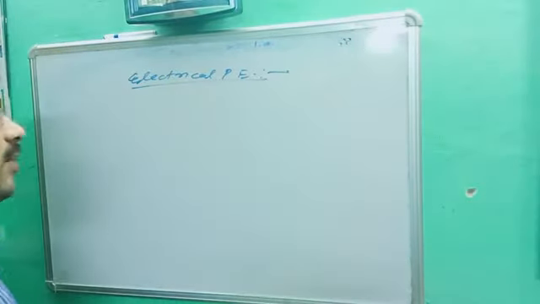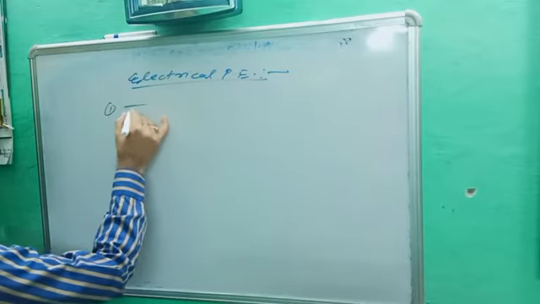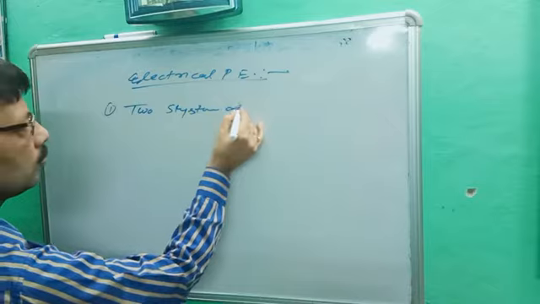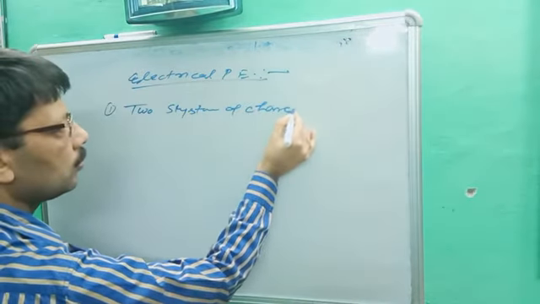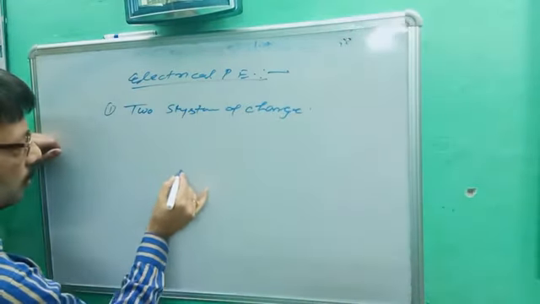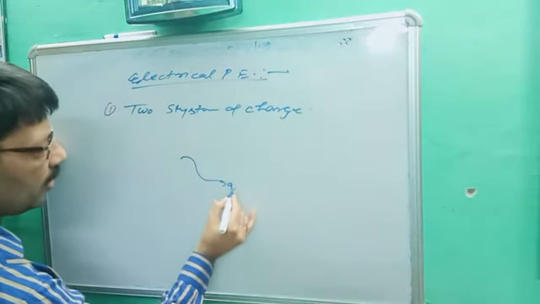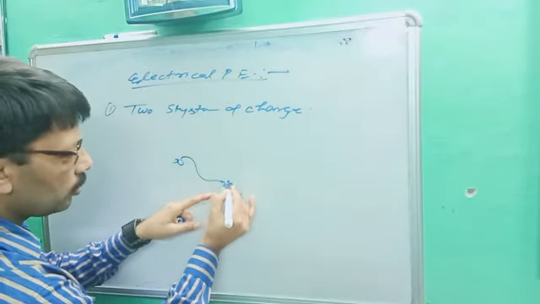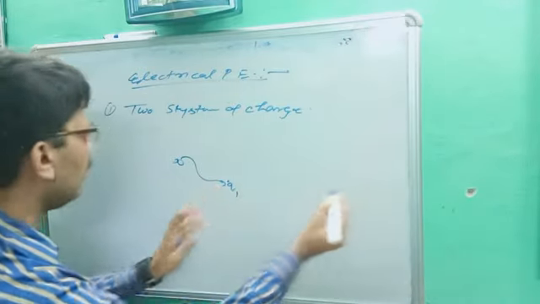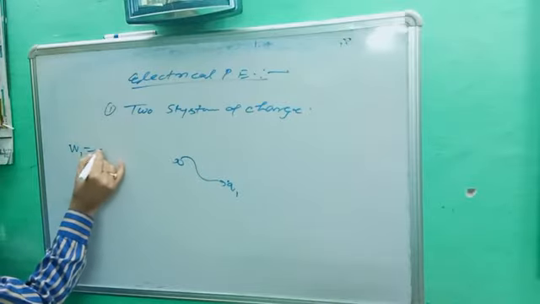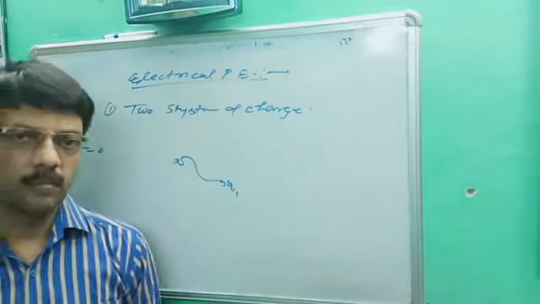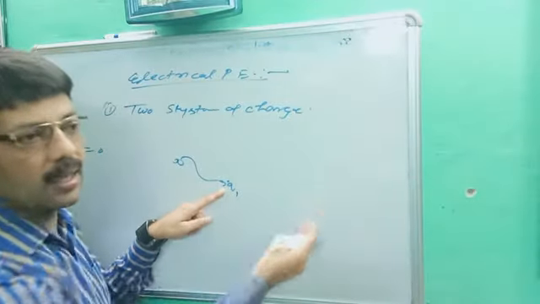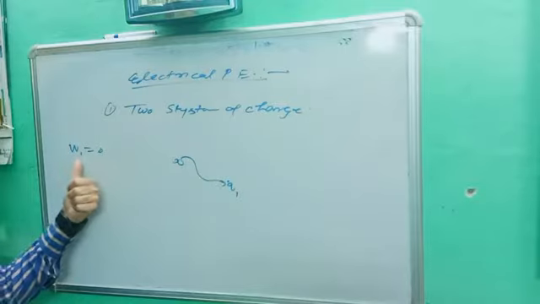Now we will find it in different ways. Number 1, for a two system of charge. See there, if Q1 charge is brought from infinite and we establish the charge Q1 here, no other charge is there. So first point, work done W1 is equal to 0. Note down the point. Q1 charge from infinite is kept there. Since no other charge is there, no interaction will take place, so total work done will be 0.